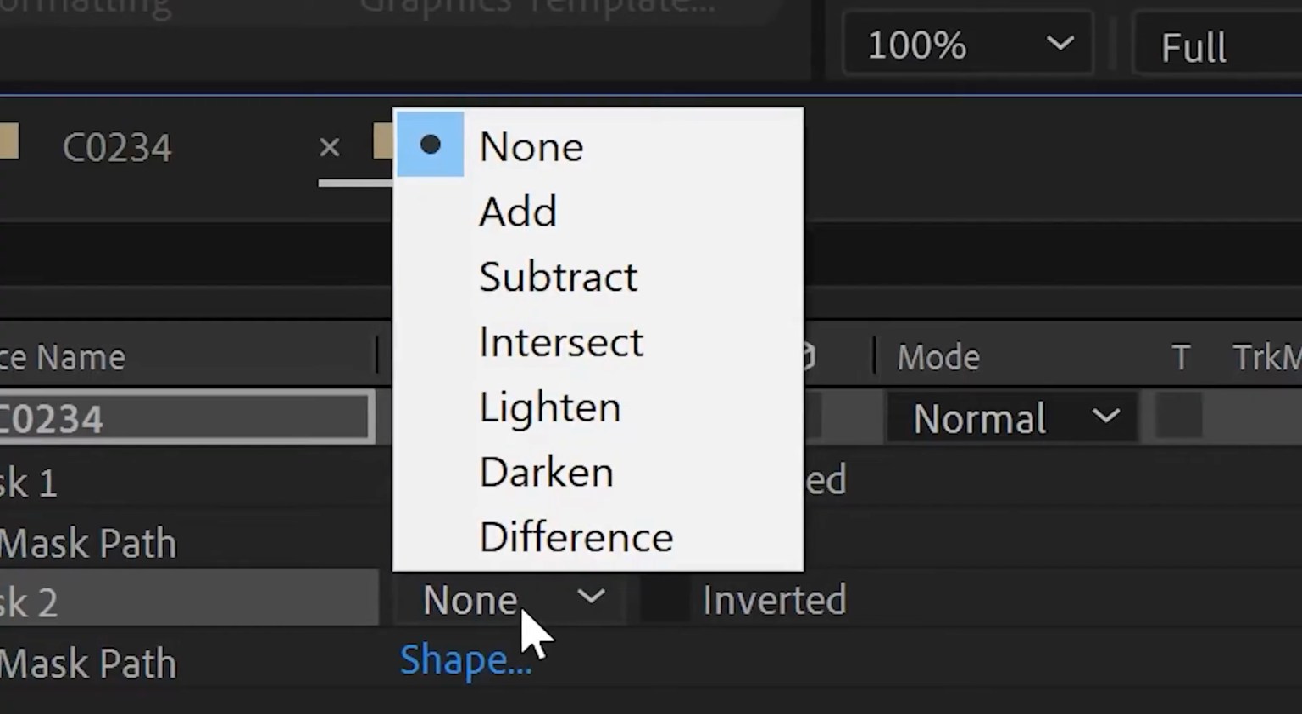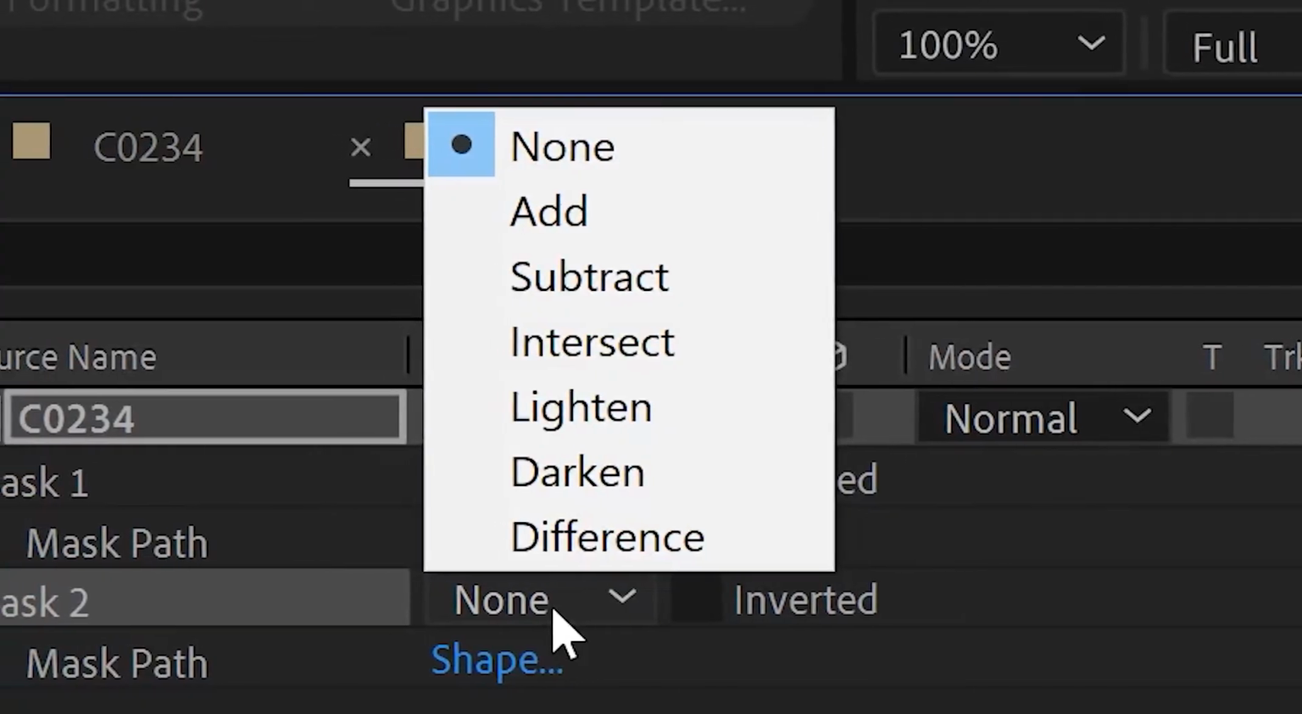Hello, my name is Carmack, and I think a lot of people don't know about the different masking modes. There's add, subtract, intersect, lighten, darken, and difference. I'm going to today tell you